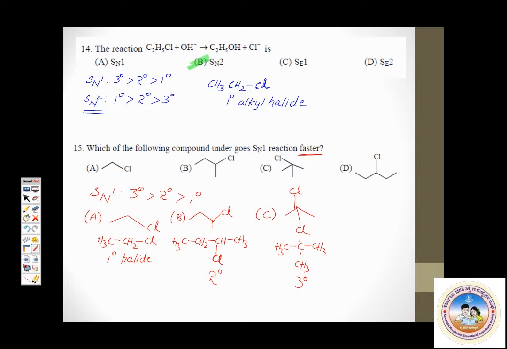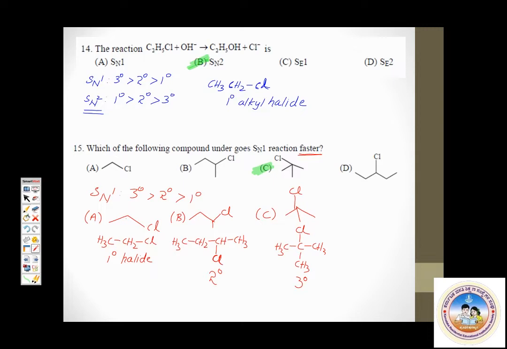Okay, you must practice bond line notations well. In the exam, you don't have to write all this. I am writing all this because I am explaining things to you. In the exam, the moment you see these options, you must be able to recognize them. Okay, first option, chlorine is attached to carbon which has 2 hydrogens. They are not indicated there, but you should realize their presence. But that is bond line notation. Okay. Option B, chlorine is attached to 1 carbon which is attached to 2 alkyl groups, so it's secondary. Option C, chlorine is attached to a carbon wherein there are 3 alkyl groups, no place for hydrogen, so it is tertiary. So straight away within 5 seconds you must be able to arrive at the answer for this. Easy question. That was question number 15.